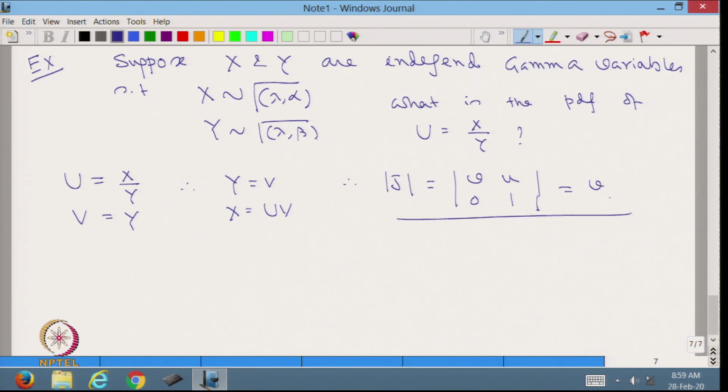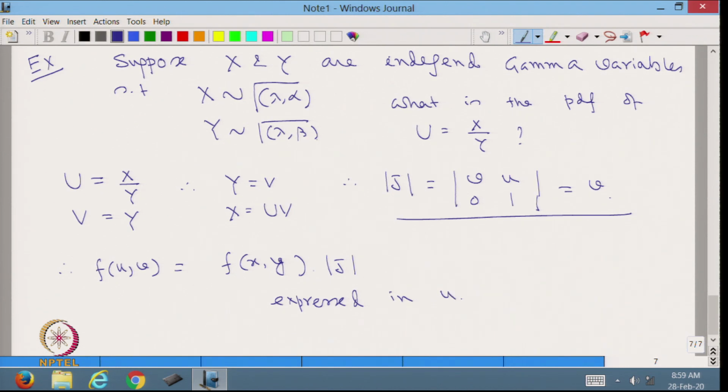Since we have just worked it out in the previous example, I am not going into detail. Therefore, f of u v is equal to f x y into the Jacobian